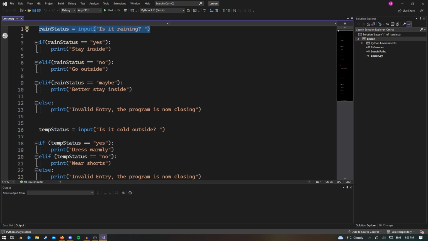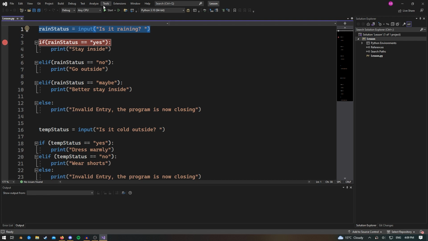So if you move your mouse here to the left hand side, you see these little white circles, and if you click, it will make it a red circle right there. Now what these circles do is they'll act as a stopping point or a pause in your program. So right now if I run the program, it's not going to run all the way through. It's going to run up until it hits this breakpoint, and then it's going to pause and wait for you